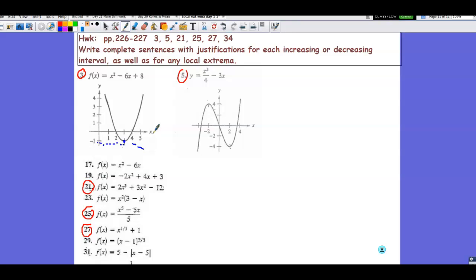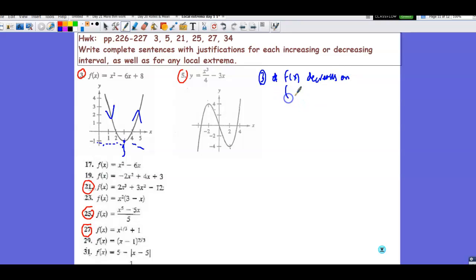But we don't have to use any of the first derivative test to determine the increasing and decreasing intervals, because visually we can see that this quadratic function f of x decreases all the way up to x equal to 3 and increases after 3. We don't have to justify anything for this. For number 3 they just wanted to know, where does this function increase and decrease? So the function f of x, let's be more specific, f of x decreases